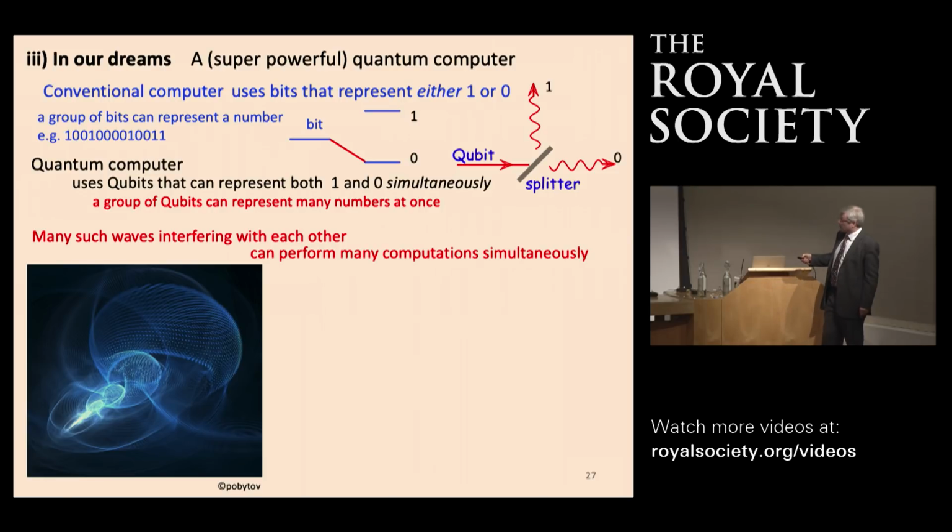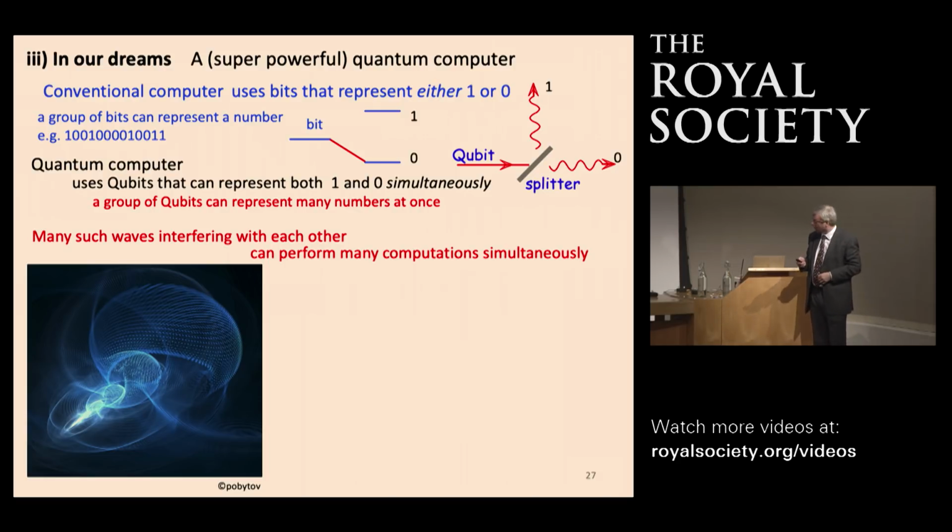So now if I have many such waves representing many numbers simultaneously, they can be made to interfere with each other and perform computations. And the beautiful thing is they can perform an enormous number of computations all at once. And so if you looked at the poster advertising this talk, it had this picture, which has nothing to do with quantum computing. But it just reminded me of this quantum computing idea, of many quantum waves all swirling around and interfering with each other, and somehow agreeing in this region over here on an answer,